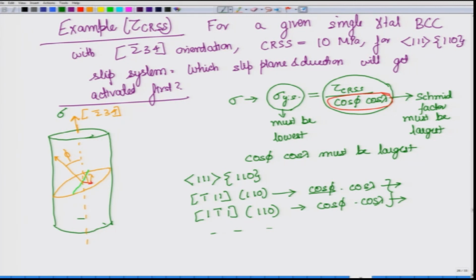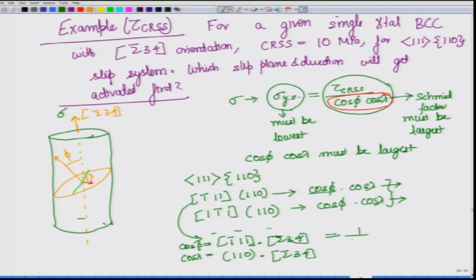So, what you will do is, let us say we are talking about this particular one. So, cos phi will be equal to bar 1 1 1 dot product with bar 2 3 4, and cos lambda will be equal to 1 1 0 dot product with bar 2 3 4. So, this will be some, you will have to take the square